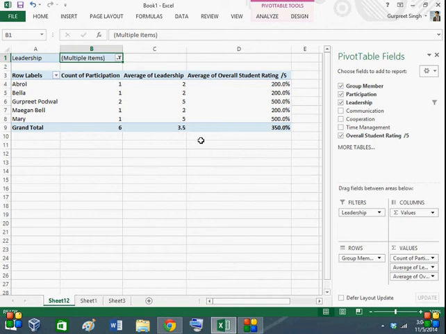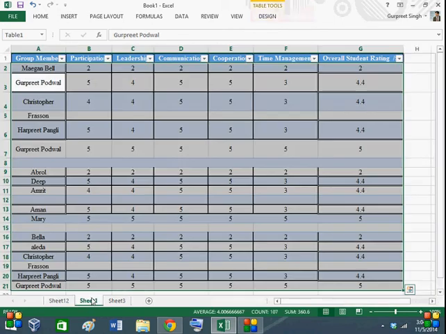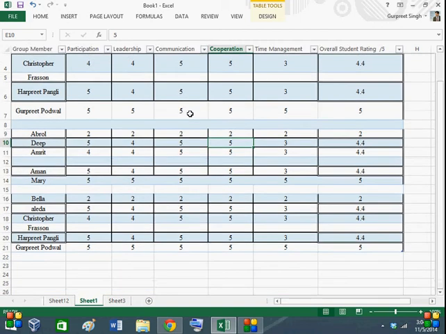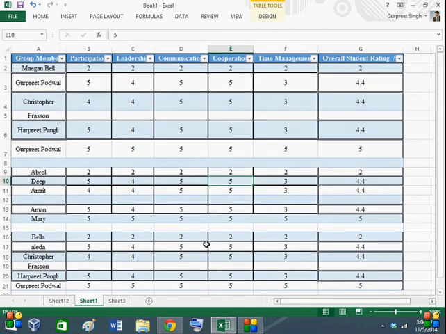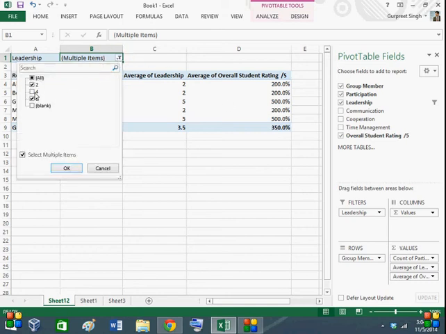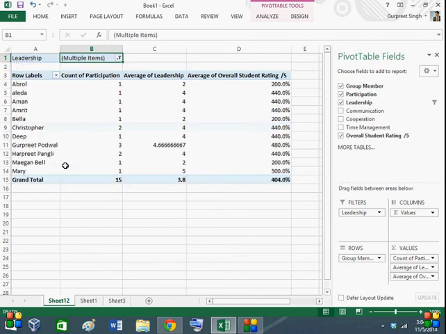But if I want to change this whole bunch of stuff in my regular table, in my regular data, can I do it? Of course I can do it, but for that I have to do all the calculations and everything manually. But here in our pivot table, it's so easy. Everything comes up automatically. If I want to bring that back, just check it and OK.